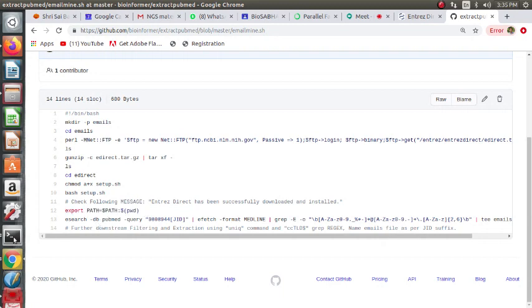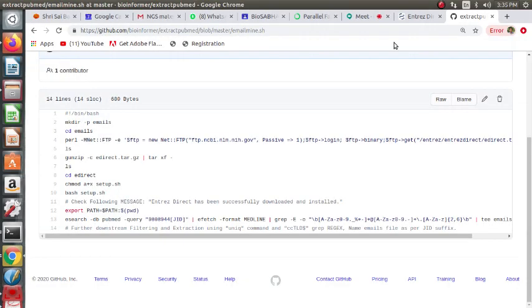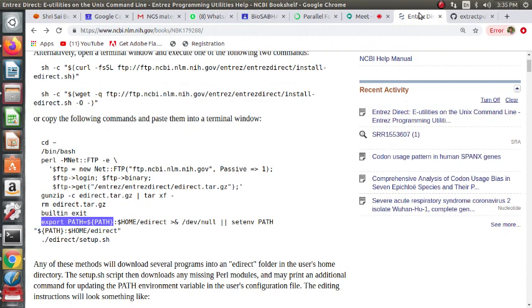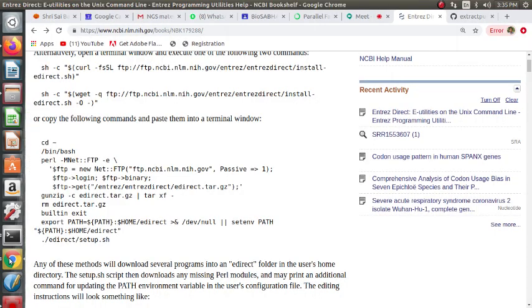And you also need to run this one here. So chmod, whenever you download a compressed directory, obviously it's understood that you should go to the directory, right? So cd space edirect.